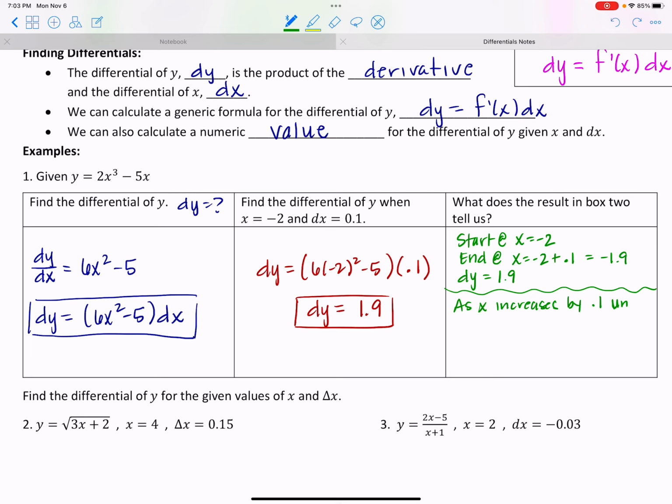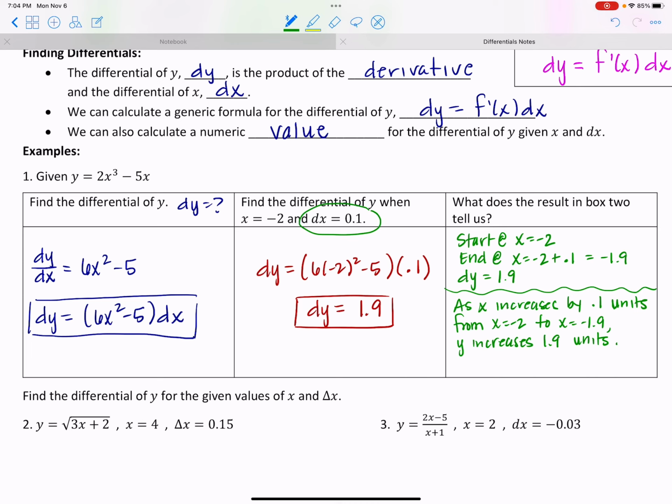From the starting value of -2 to -1.9, y increases 1.9 units. Okay, so you're told the x value where you're starting, you're told to change this much, which means